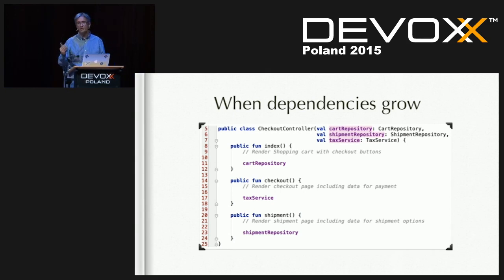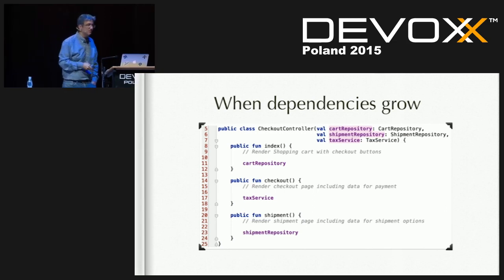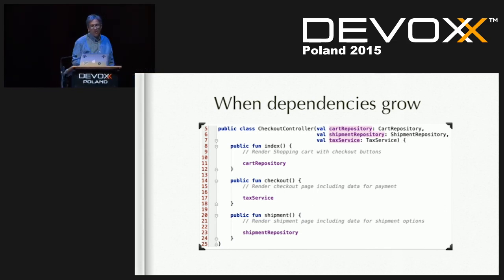So we all stuff it in there, and then we end up with situations like this where we have 3 or 4 dependencies being passed in and a method using a single dependency. Right? Index uses its own, checkout uses its own, and there's no real synergy, there's no real coherence between all of these different dependencies. So maybe it's the way that we're abstracting the classes that's wrong when we're creating dependencies.